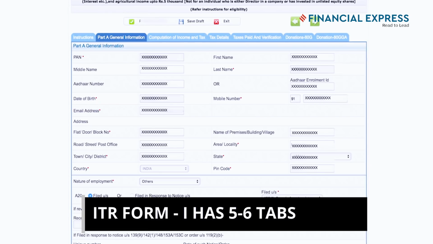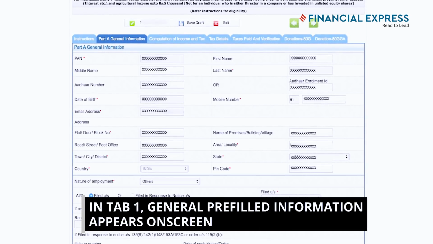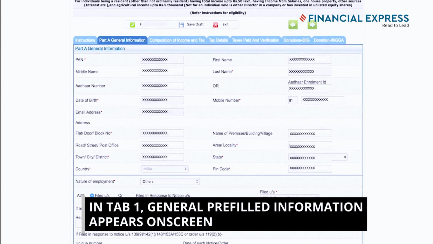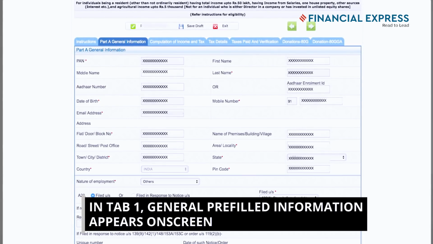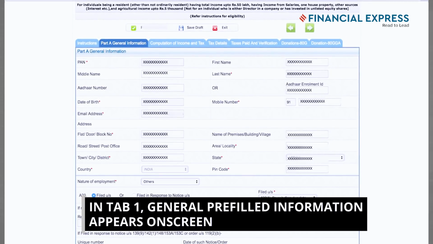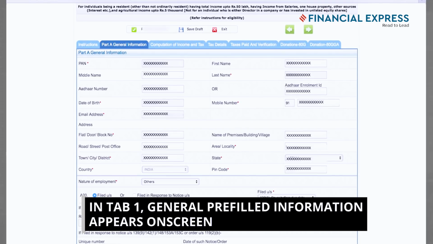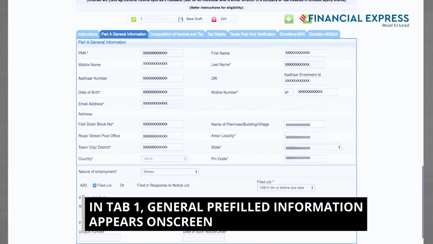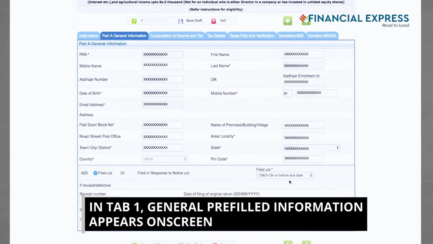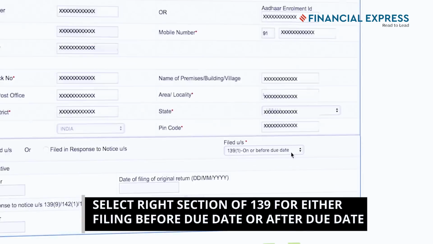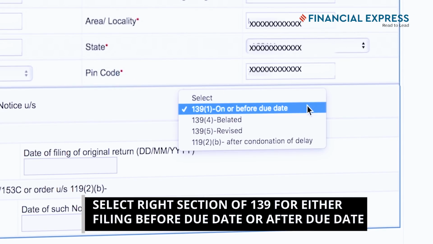You can see here that the information is already pre-filled in, right from the PAN to the name to the Aadhaar number, because the PAN and the Aadhaar in this case are linked, to the address. In fact, if you look at this tab which says filed under section, it allows you to select whether it's 139.1, which is before the due date, 139.4 belated, which is between August end and March end, 139.5, which is revised, and also after